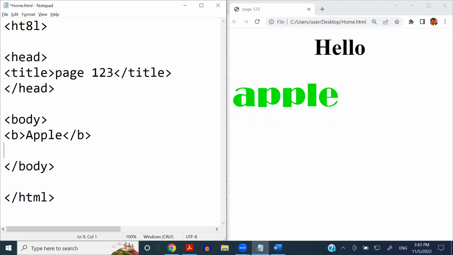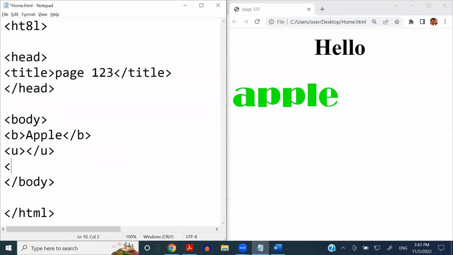And I'm using the underline tags. And yeah, since I have to type a couple of things, I'm getting a copy of this and paste in. Yes, I can use italic tag